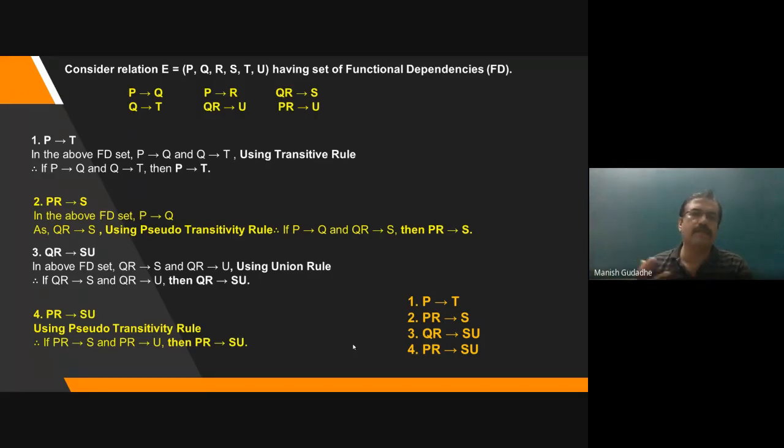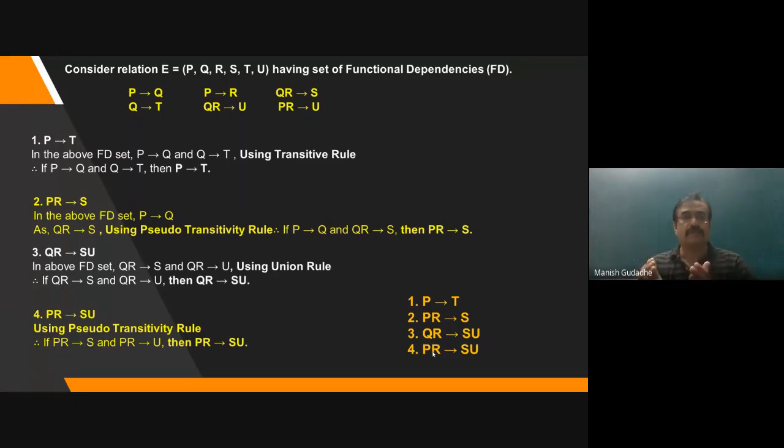So we'll not generally go for that, but when you are asked to find out F plus, that is the FD closure, we will generally find out the inferred FDs which can be directly inferred from the given FD set. Okay, we will not further go on inferring the FDs from this set of F plus, because that will be a lengthy process. Instead of that, we are going to find out attribute closure.